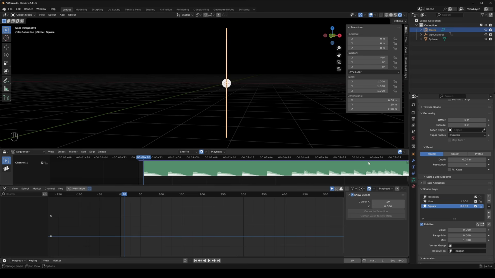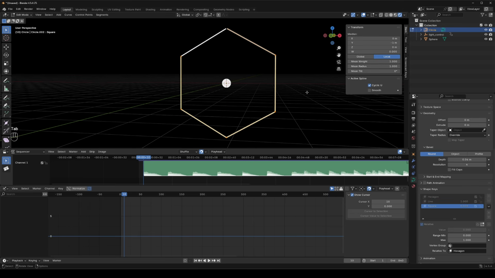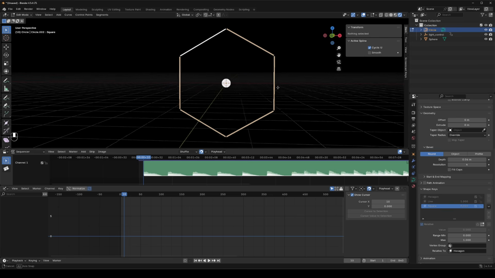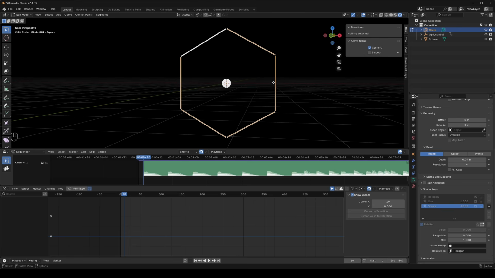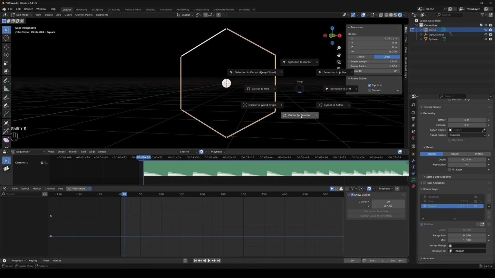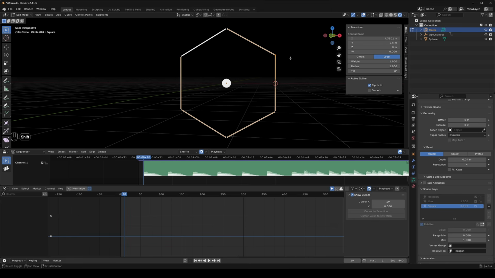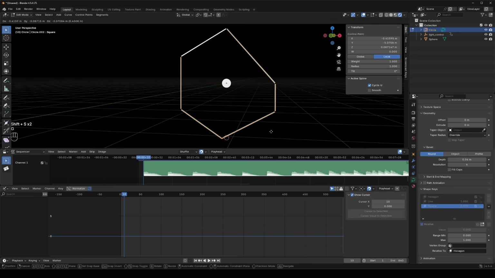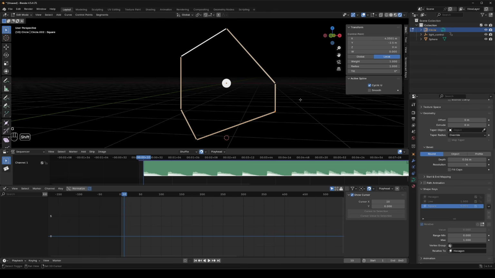Now we want to make another shape key, but this time we want it to be a square. So if we press tab, it'll take us to edit mode, but we don't have somewhere currently right now to grab so that we can move our cursor to this point here. But what we can do is take the average of 2 points. So if we highlight both of these on the right, press S and go cursor to selected, this will move our 3D cursor to the middle, and we want 0.2 to be at this, and then we want 0.3 to be down here. So let's just move our 3D cursor, drag it out of the way, move our third point, take the middle of these,